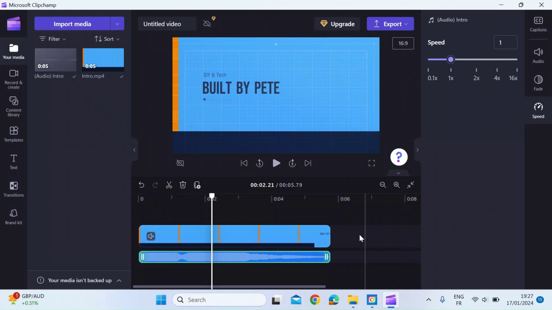Obviously, also, if you've exported it and it's now a separate file, you could delete it and replace it with a new audio file, or you could even use it in an AI enhancer, and you could enhance that video file with various enhancements. So once you've done that, obviously, as always, you could export your corrected video by hitting the export button